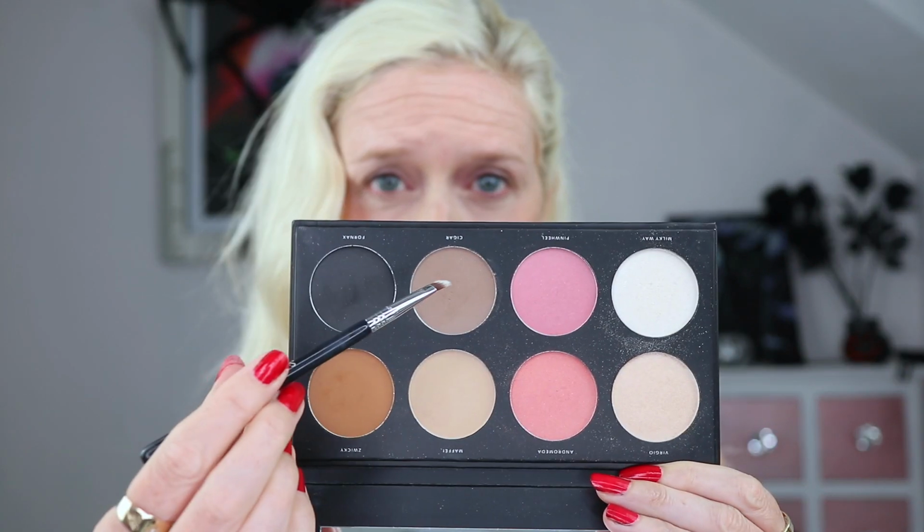Okay, I think the key thing for 1950s makeup was the brow shape, and the brows went in an arch, so kind of up and then back down and quite full at the front. And this is the bit that scares me most about this look, because brows are not my forte. I am rubbish at brows. So rather than going in with a pomade, I'm going to build it up slowly, and I'm going to use a powder. So I've got my Linda Hallberg Infinity palette. I'm going to go in with the shade Cigar, and I'm going to start with that to map out the shape. Might not even be dark enough to do it actually, but